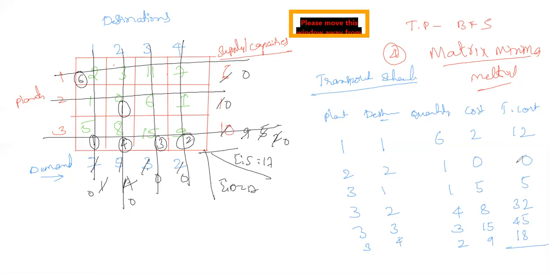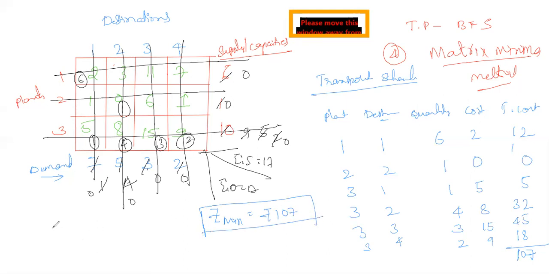So sum of this, so we get 8 plus 2 is 10. So 10 is 17. And 1 carry, and 1 plus 1 is 2. 5. 5 plus 4 is 9, 10. 1, 0, 7. So the value we got is Z minimum is equal to 107 rupees, 107 units of cost.